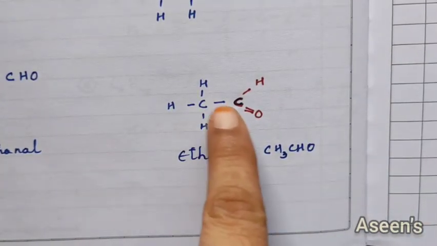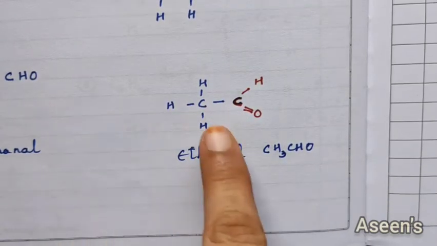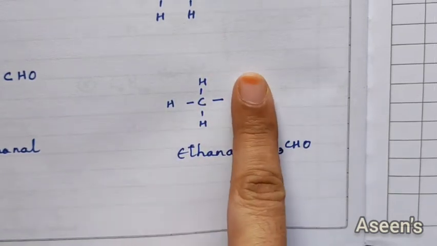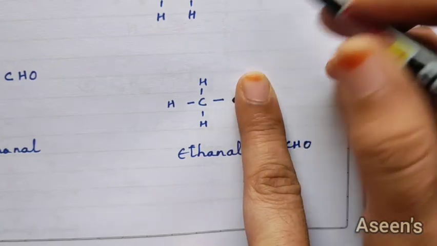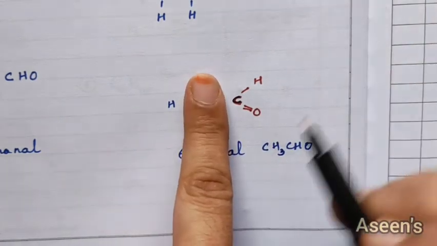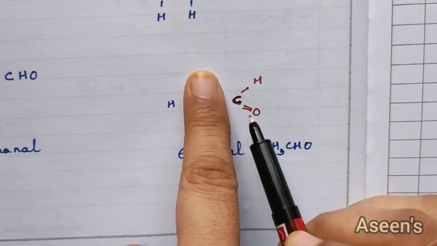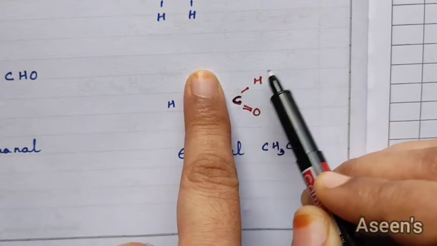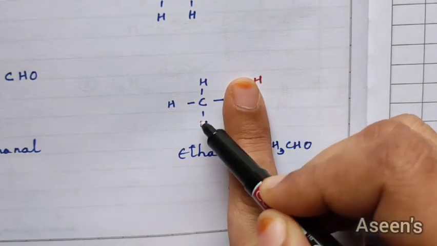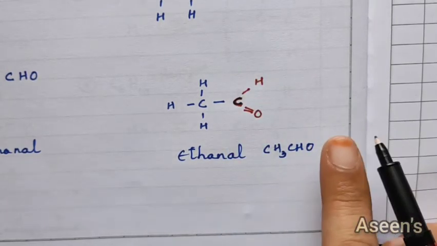So here you're going to have 2 carbons. Okay, since this is an aldehyde, 1 carbon will be converted into your functional group. Okay, and the other carbon will be treated as a normal one. So 1, 2, 3, and the 4th one is connected to this. So this has to be converted into my functional group. Hence, I'll have a double bond O and H. So now while writing the molecular formula, CH3CHO. So this is always written separately.